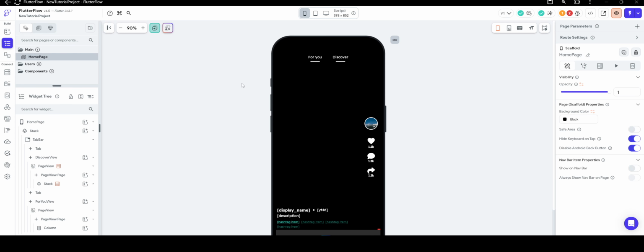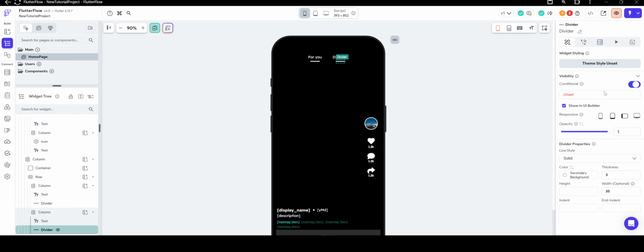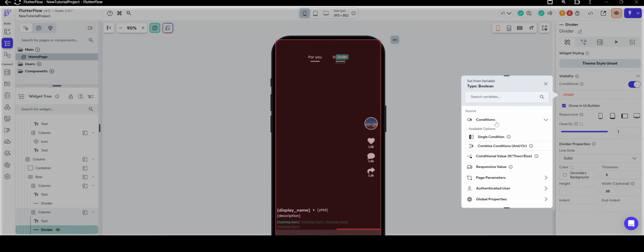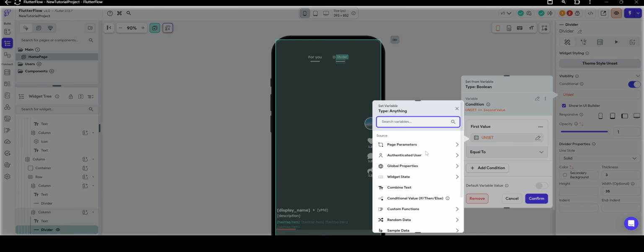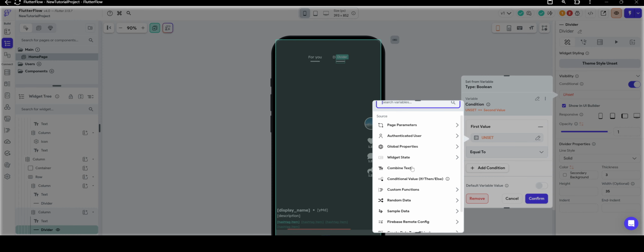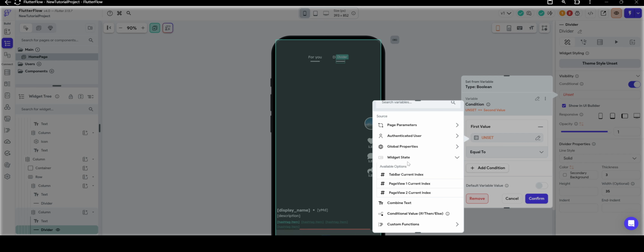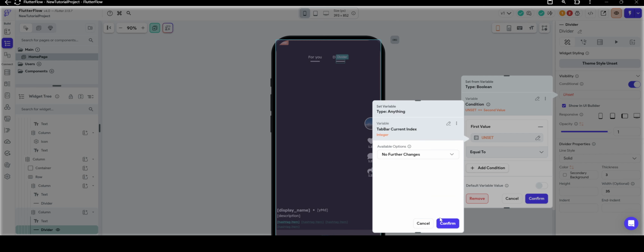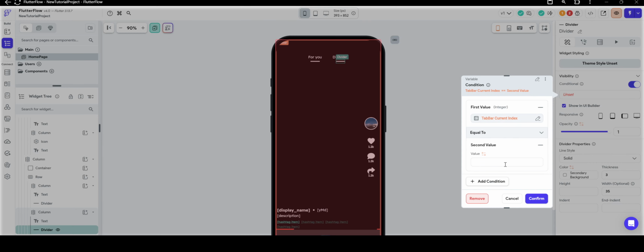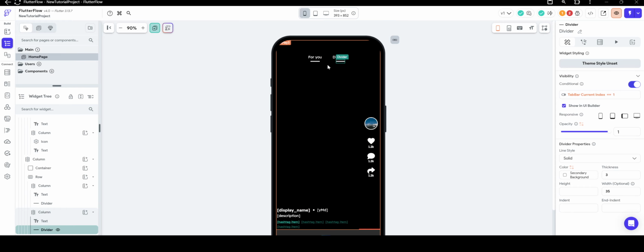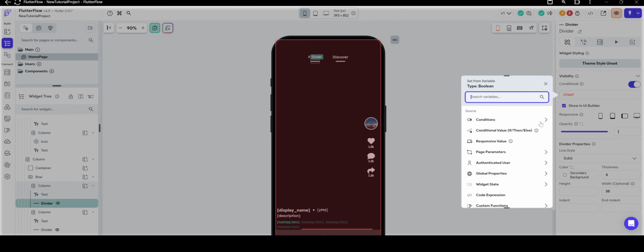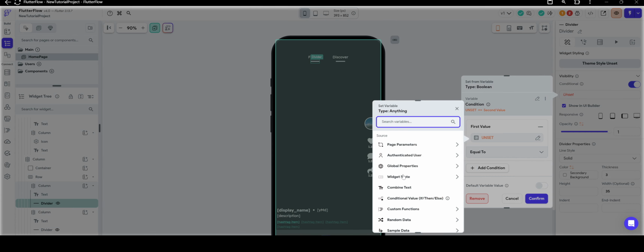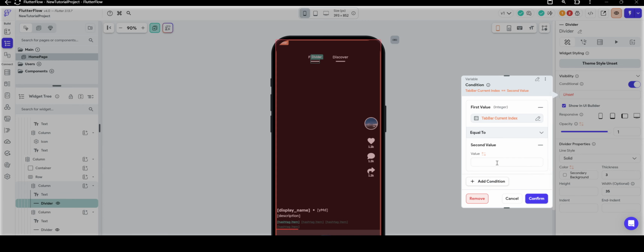Okay. Oh, and I want to set this. I want to do it here, which do a single condition on that divider, and let's do tab bar current index is equal to 1, and then over here single condition tab bar current index is equal to 0,